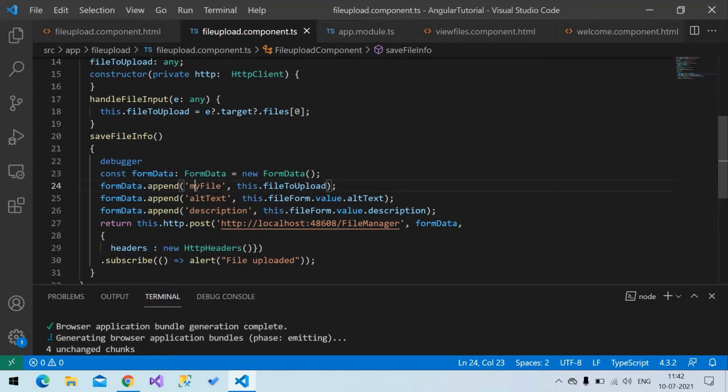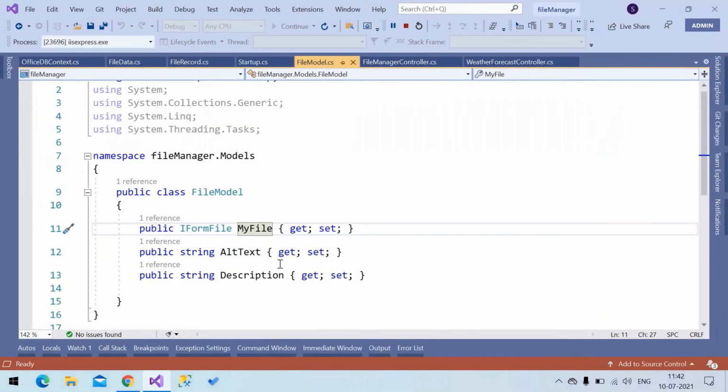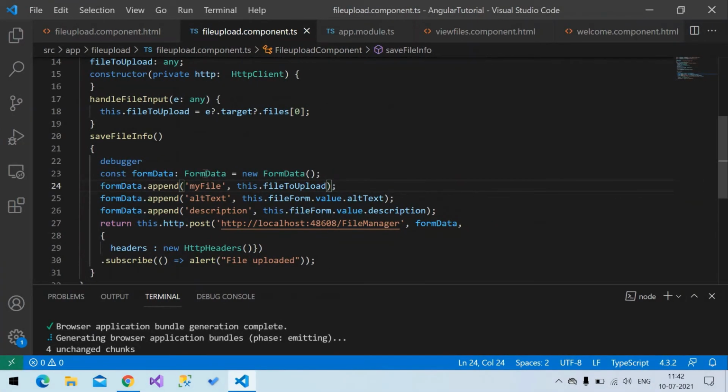Web API will automatically manage it, because Web API knows that if the data format is JSON, then the first letter will come as lowercase. Web API will automatically map this. No worries. So this is how you create a form data object and fill the data inside it. Here I'm appending the file upload, and next to that I'm adding the normal data like string data, boolean, normal data: alternate text and a description.